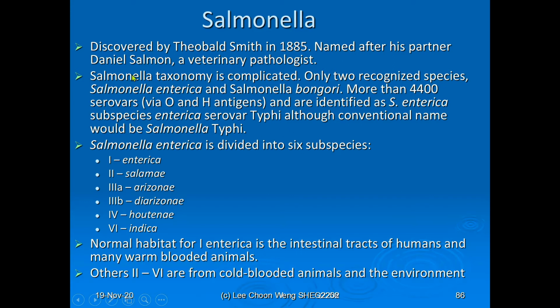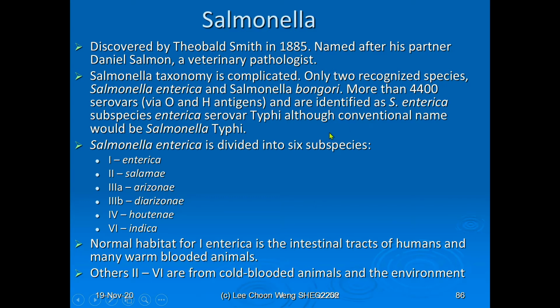In the past, Salmonella taxonomy was complicated because it was based on serology via the somatic and flagellar antigens, and the taxonomy ended up with more than 2,000 serovars in Salmonella. So it was a very difficult